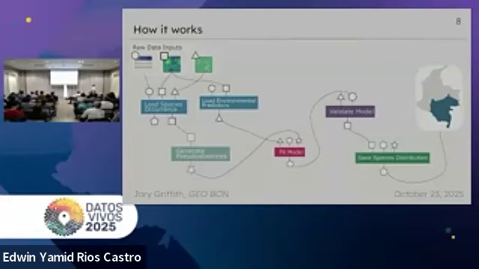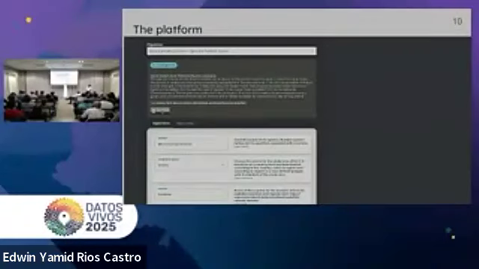And then all of these are put together in BON in a Box by connecting these inputs and outputs that are in these standard file formats to automate the entire process, the entire end-to-end workflow. So from data to indicator or data to EBV.